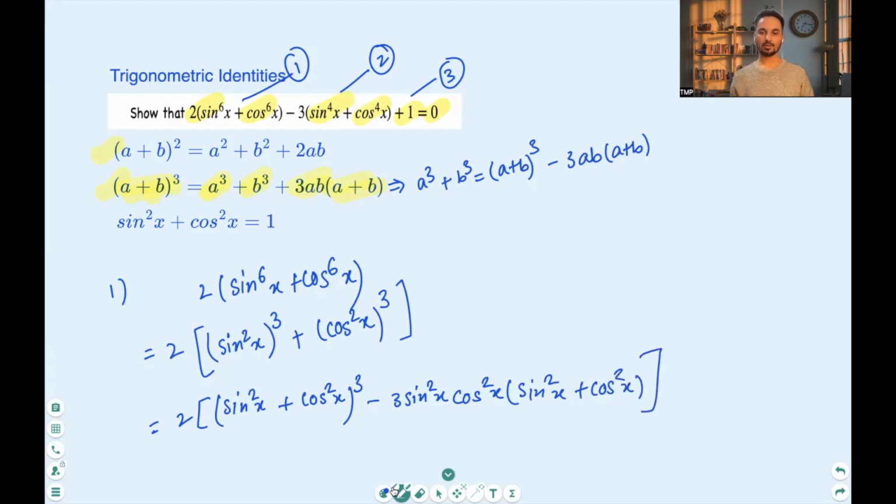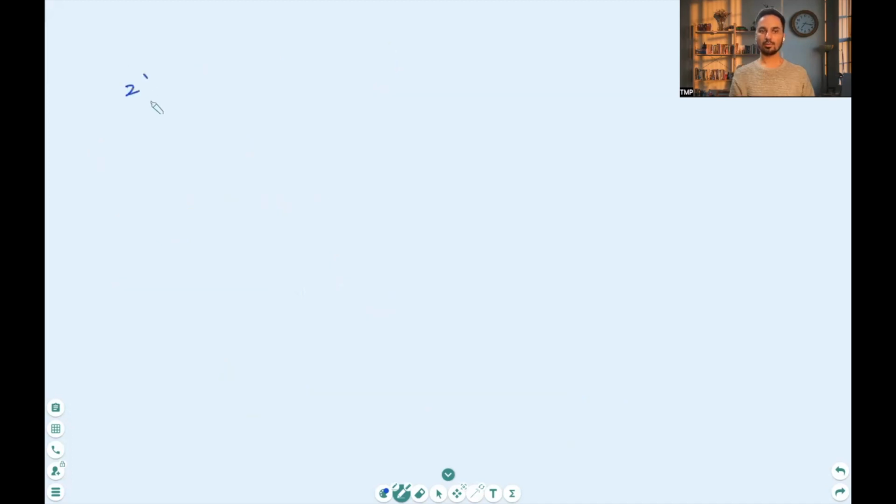And we know that sin²x plus cos²x is 1. So this expression will change to 2 times (1 cube minus 3 times sin²x cos²x times 1). And multiplying by 2 inside the bracket, we'll get 2 minus 6 sin²x cos²x. Moving on to part 2, which is minus 3 times